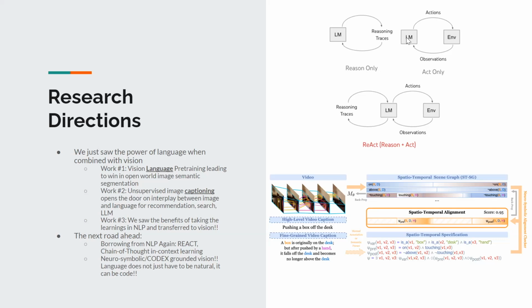So I think that Codex is going to be the next thing we can do for computer vision, number one. And I will tell you something. The reason that ChatGPT is so able to reason, what I found, is because it was not only trained with natural language, it was trained with code. I found out from some colleagues at OpenAI. So they actually train with code. And I think we can apply this to computer vision.